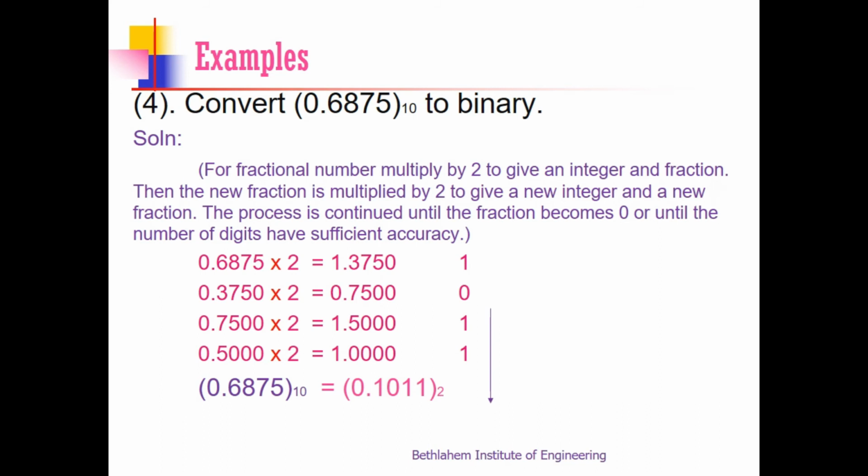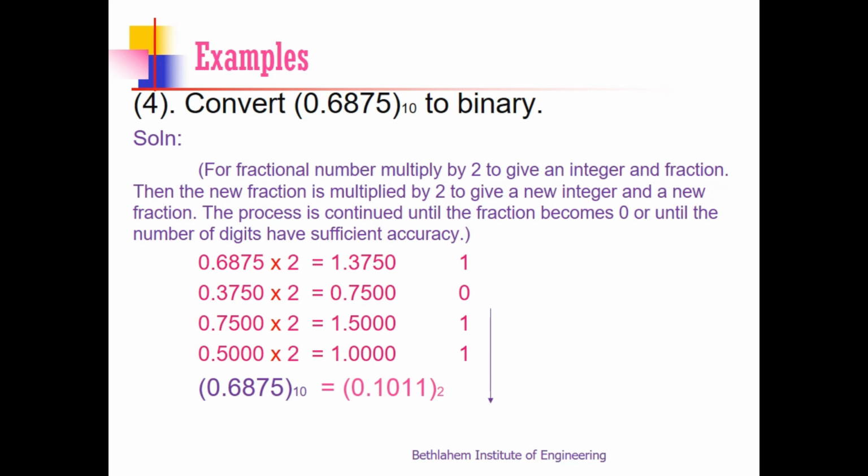You will get the answer as 1.0000. And 1 is the integer, and the fractional part is 0. So if we get the fractional part as 0, we can stop with this. If the fractional part is 0, we can stop the process with this. Otherwise, we have to continue till we get the fractional part as 0. So it can't stop if we get the integer as 0.